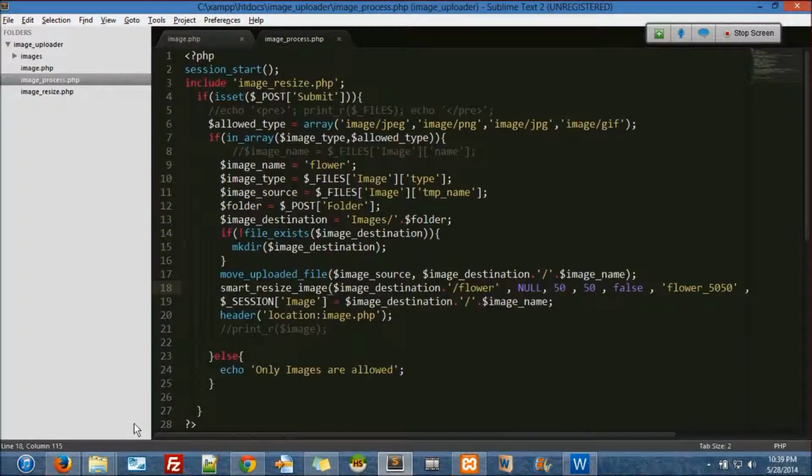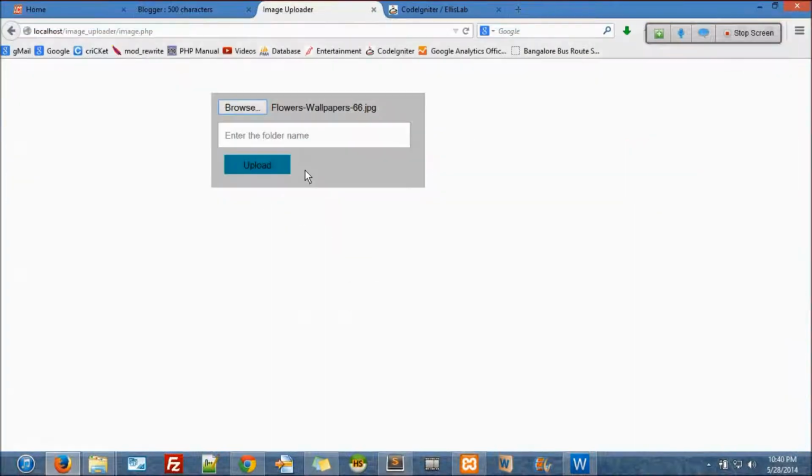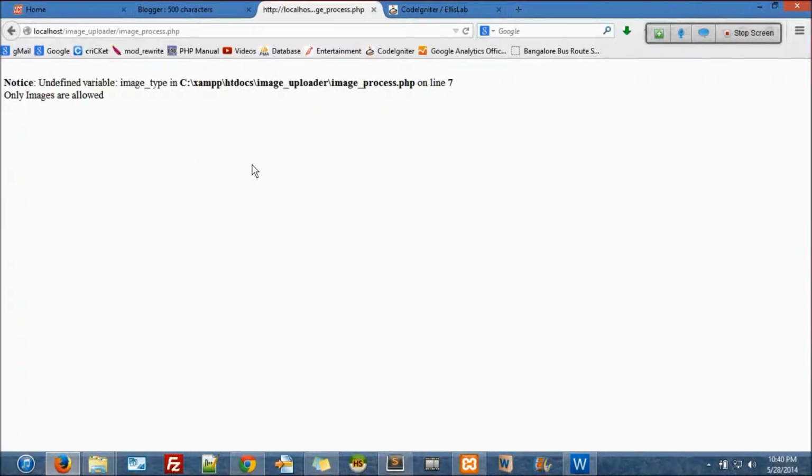Inside this session, I'll put image underscore name dot underscore 5050. Let's put the small image there first and see if it's resizing it or not. So let's do the same yellow flower, and upload.